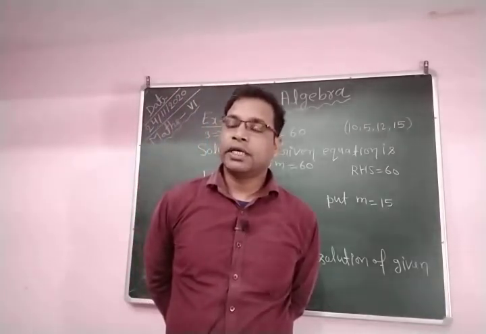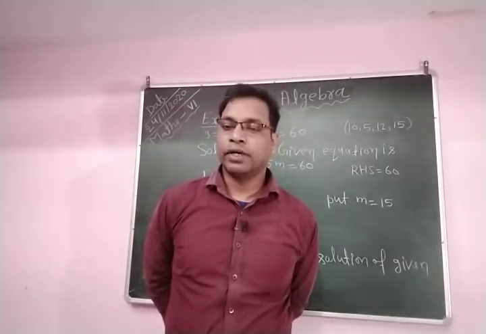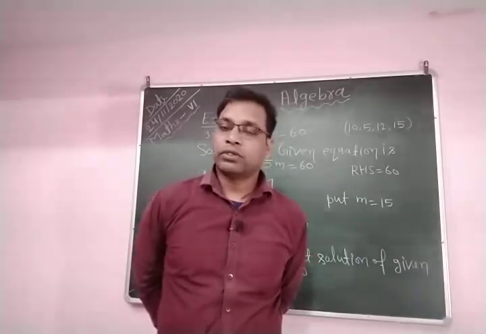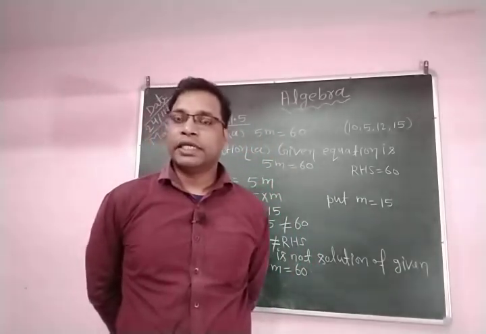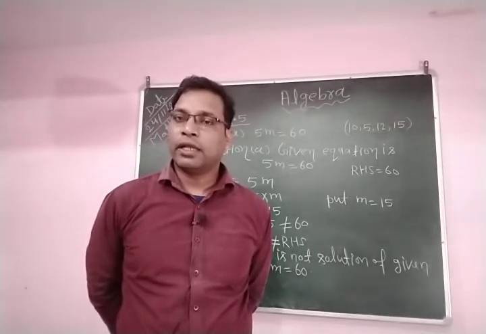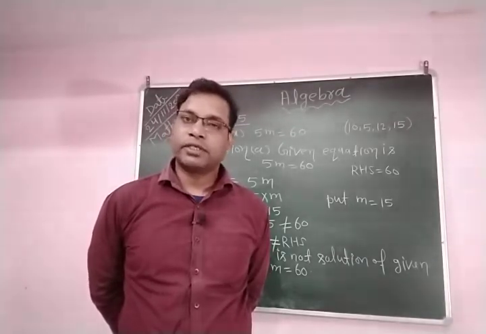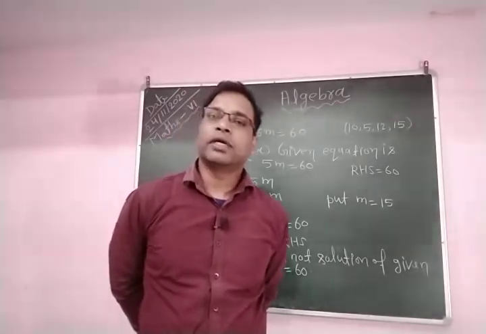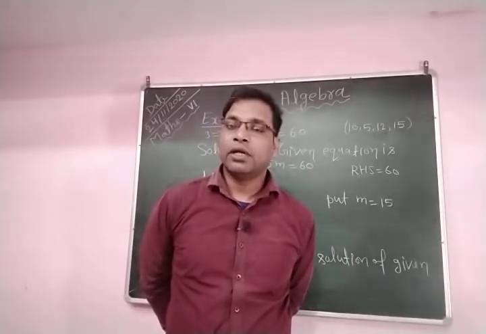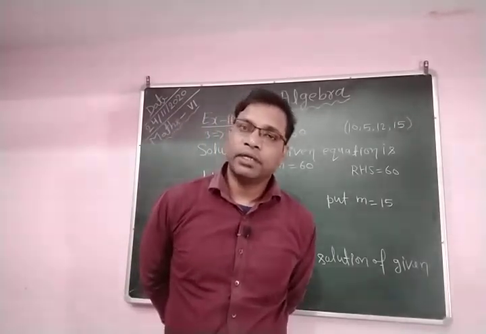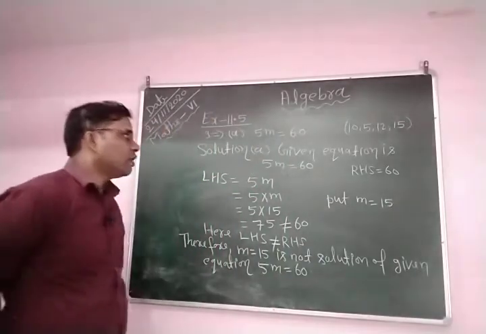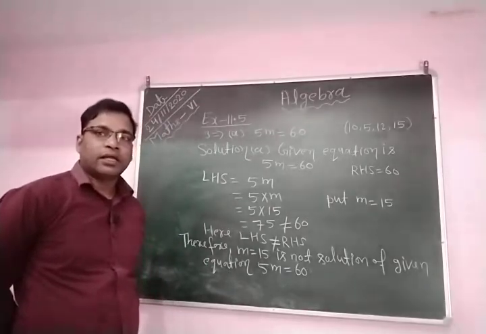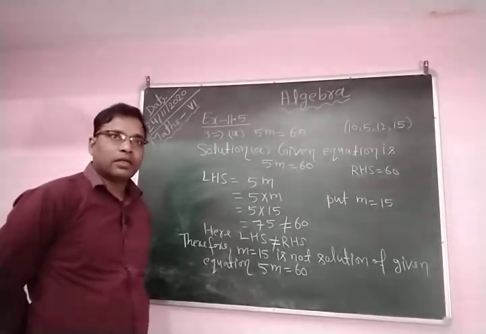Now we are going to discuss the next part, B part of this question. B part of this question is n plus 12 is equal to 20, and the options given here are 12, 8, 20, 0. We take each option one by one. It means we take the value of n and try to satisfy the left hand side and right hand side. If both are equal at that value, then you can say the given value of n is the solution of the given equation. Student, I hope all of you are able to solve such questions, because this question is so important for your UT2 examinations.